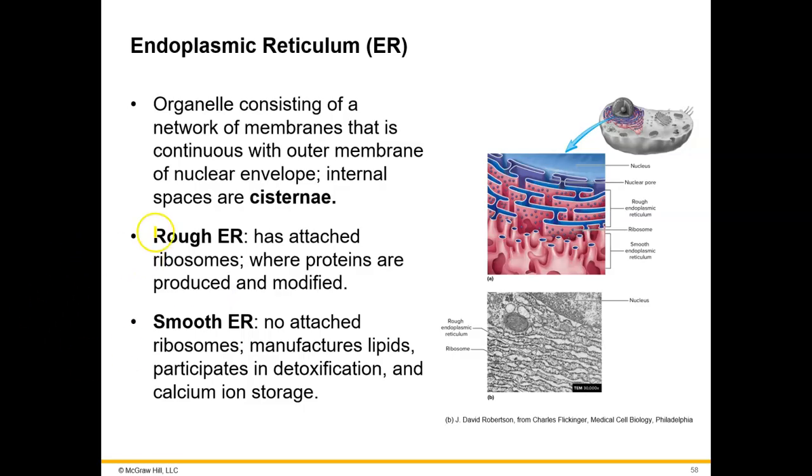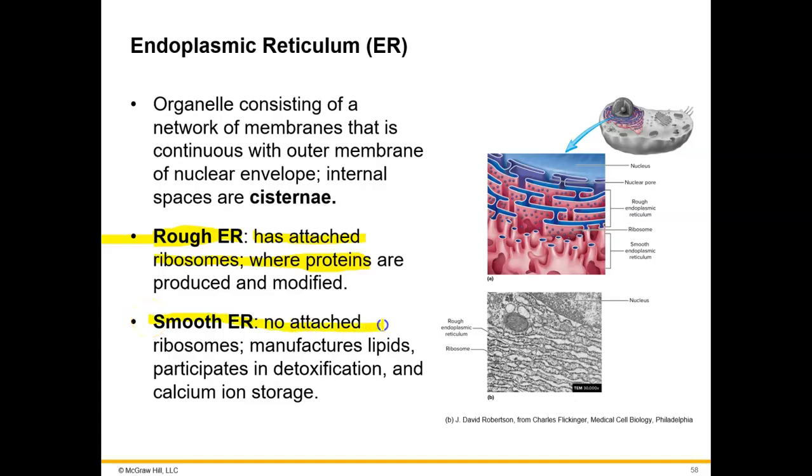The rough ER and the smooth ER. The ER stands for endoplasmic reticulum, and rough ER has attached ribosomes, so therefore rough ER manufactures proteins and modifies proteins. The smooth ER